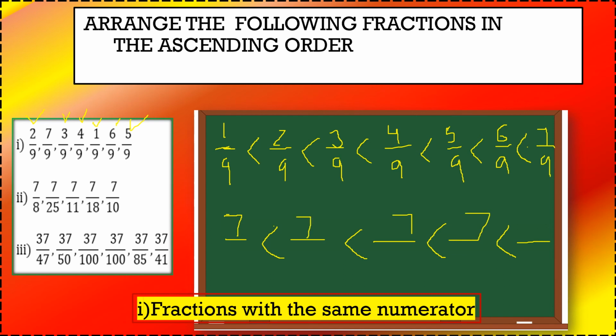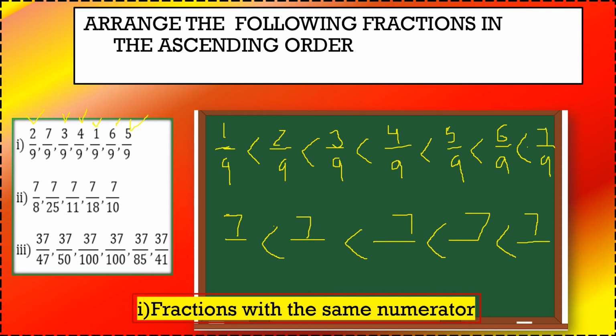After that I will figure out which is the smallest fraction. Now the smallest fraction will be the one which has the greatest denominator out of that. That means maximum number of portions, and that will make the same cake even smaller, right? For example, there's a cake and 25 people are sharing it here. You have 25 pieces of it. For the same size of cake, you will get a smaller size. But at the same time, if you make of the same cake only 8 parts, then you will get a bigger part. That's why my smallest fraction here will be 7 upon 25.